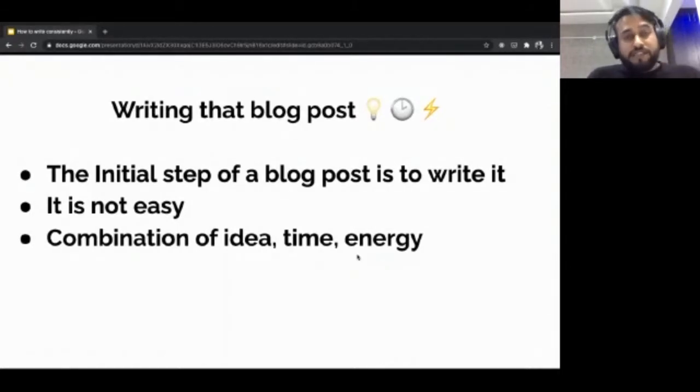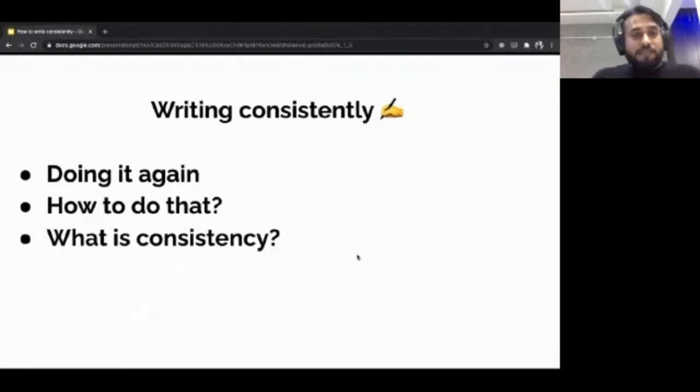The keyword here is actually the writing. And imagine doing it on a consistent basis, writing 10 posts in a month, writing 100 posts in a year. One question that comes to my mind is how do you do that? Because there are bloggers who are doing it on a very consistent basis, and they are experts in that area. So a simple answer I can give you is to write more.